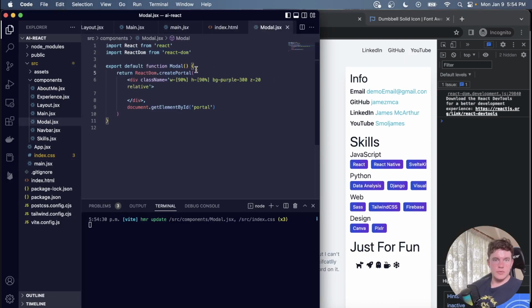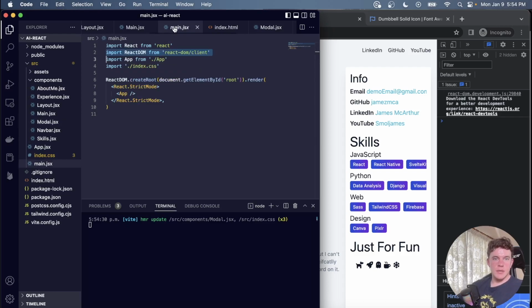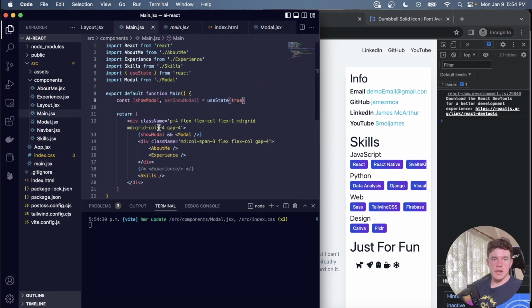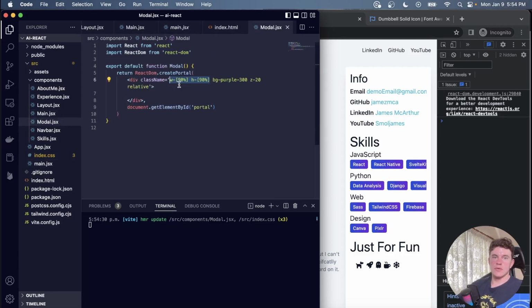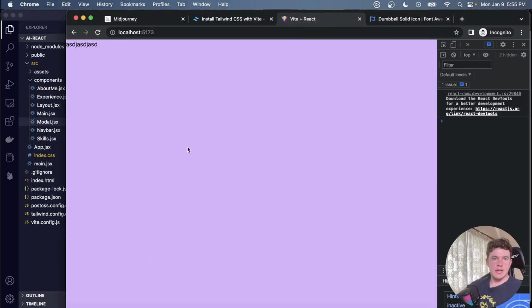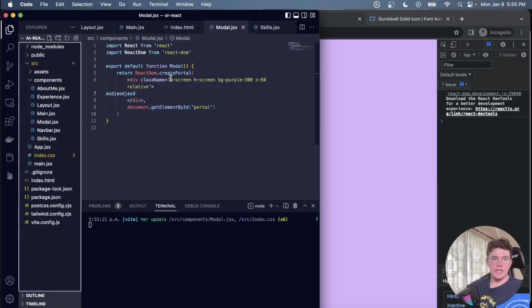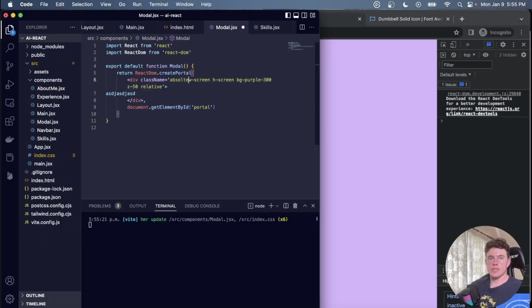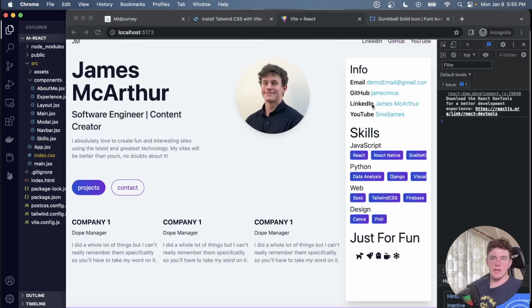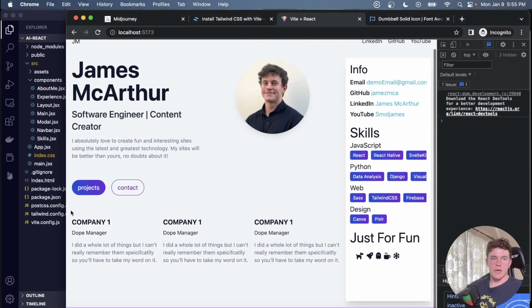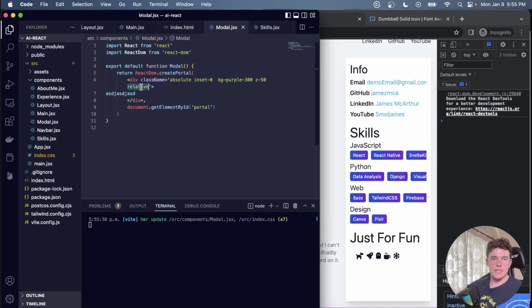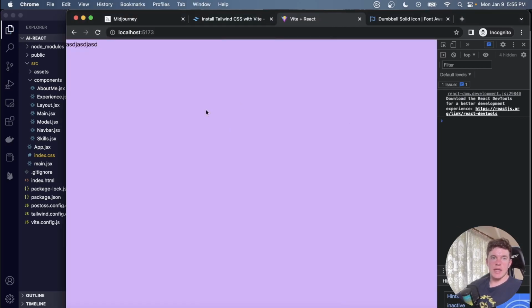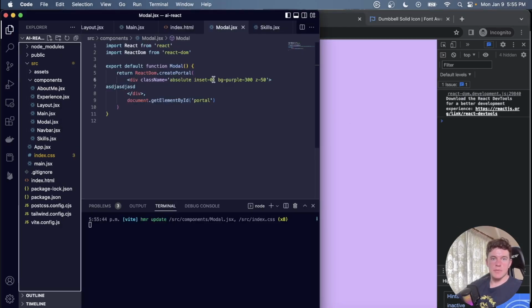And so what I will just do is come into the component where we render it and just change this to width screen, height screen. And we can see that it does actually show up down there. However, I forgot to give it an absolute positioning and an inset of 0. So that actually means that we can just ditch those for a second. And so now when I refresh the page, it sits down the bottom, get rid of that. And now it covers up the full screen, which is just what we want,